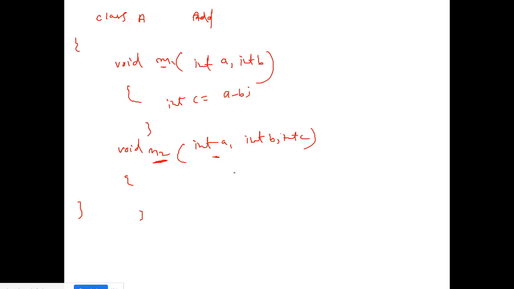Suppose this code is written for adding three numbers, integer d is equal to a plus b plus c, and this code is written for adding two numbers. So same method, but behaving differently. One is adding three numbers, one is adding two numbers.